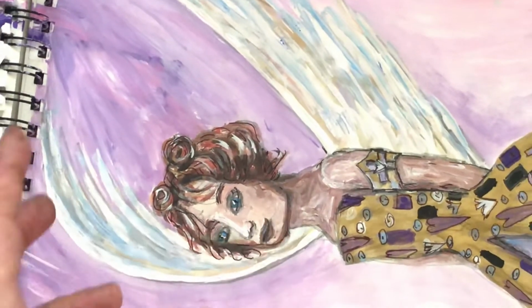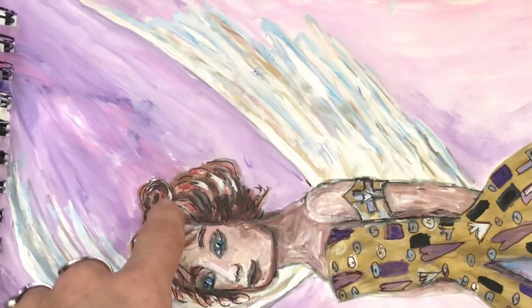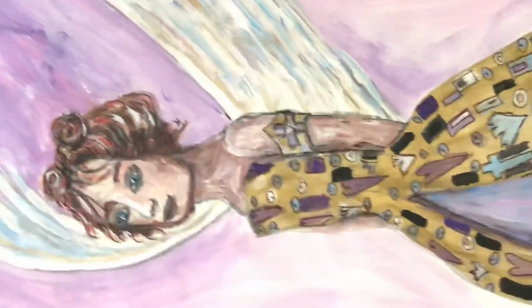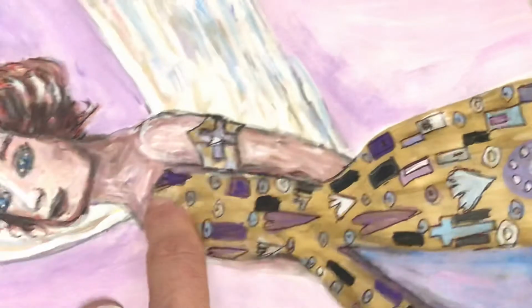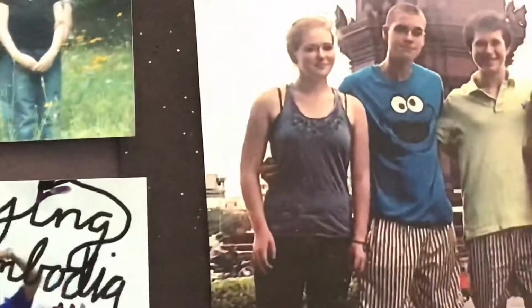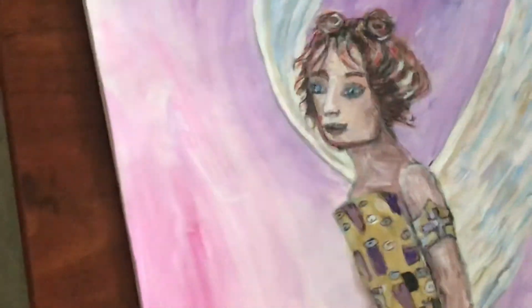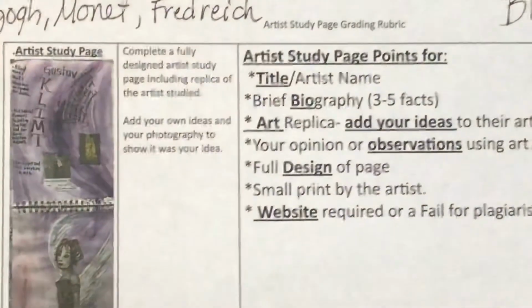And I did a portrait that reminded me of my daughter who's in heaven with the auburn reddish hair. And I made wings on her and did Christian symbols. So I want you guys to think about how you can, with your replica, change it and make it your own. Emily Renee Smith, right there with the red hair, is who I was thinking about when I did that. So I want you to think about who you can replicate in portraits, since I'm teaching portraiture, and you have to add a portrait in the scene of what you're doing a replica of with the world's most famous artist. All right, so jam on it, my friends. Can't wait to see yours.